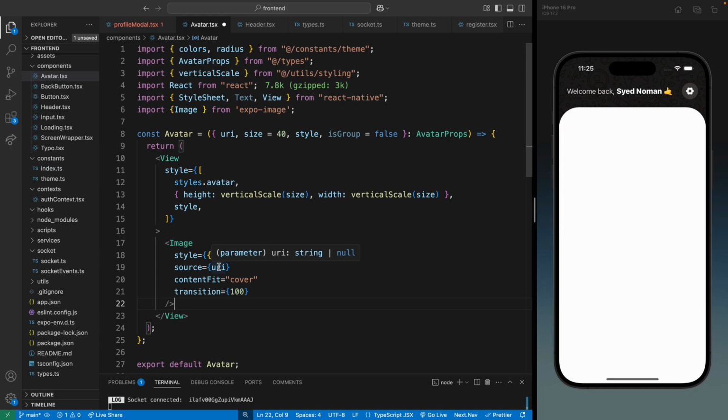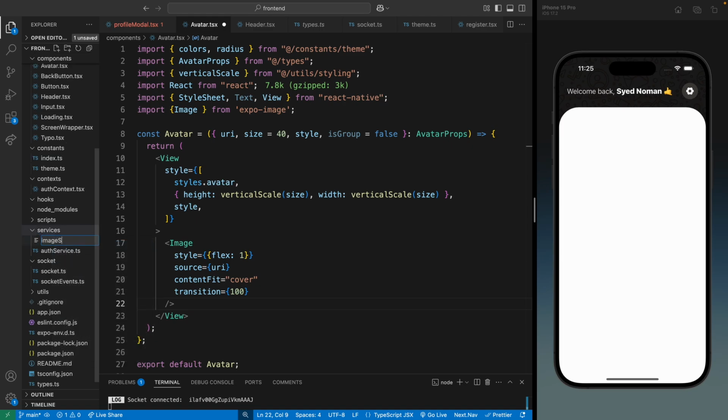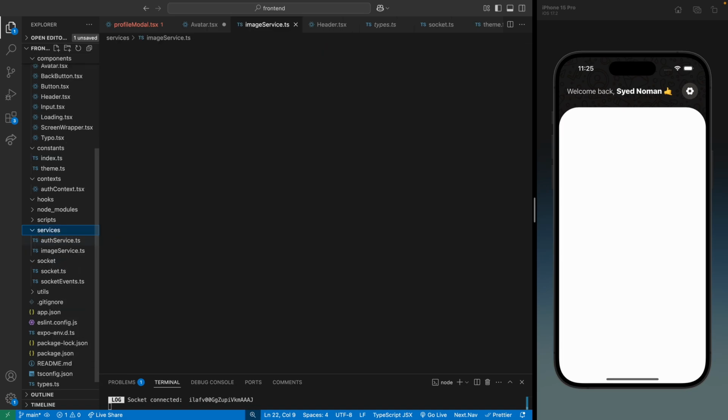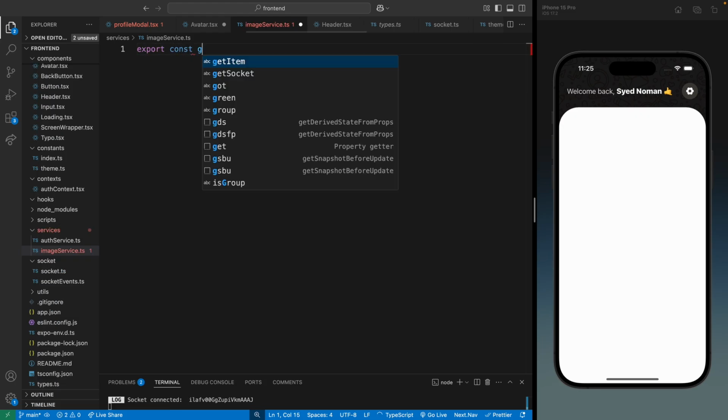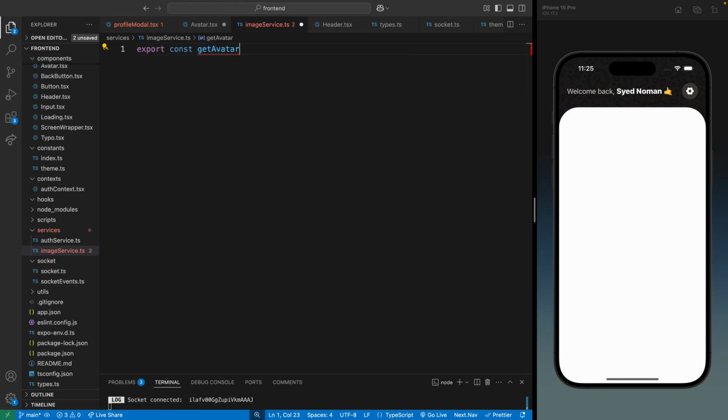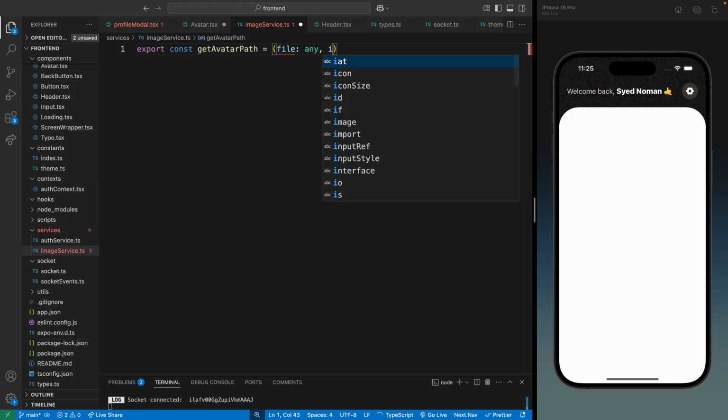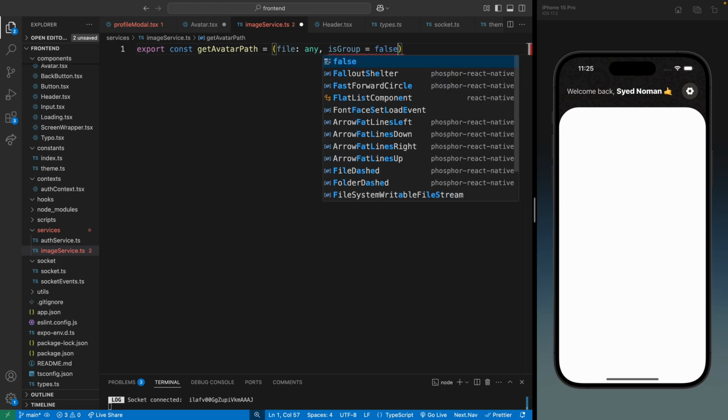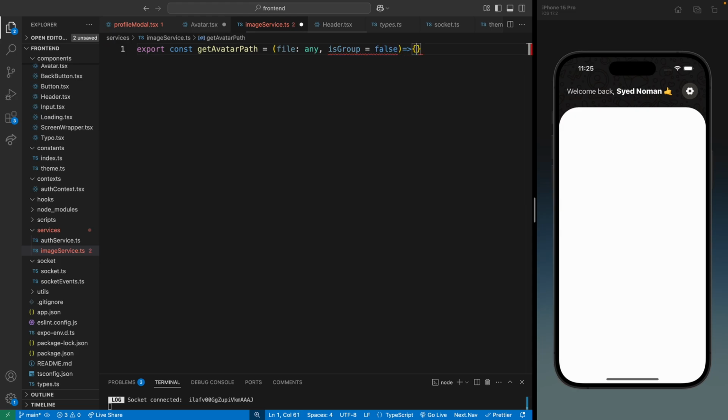Now for the URI, I want to have a function that will check if the URI is a string, an object, or if it doesn't exist. So that will handle all of these cases, and for that I'm gonna add a new file as the image service, and here I'm gonna add a function. It will be getAvatarPath. Now this will have two properties, the file and the isGroup property, and we do need the isGroup property because the avatar can be of a user or a group,